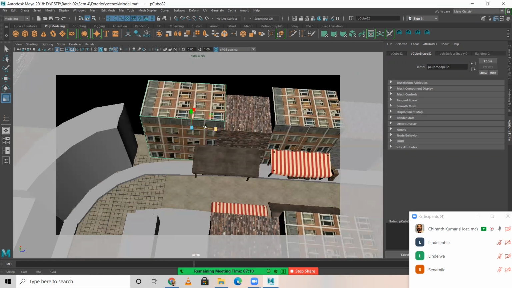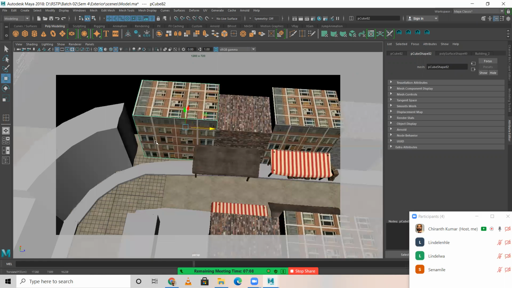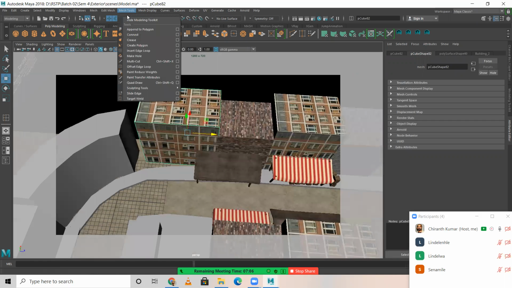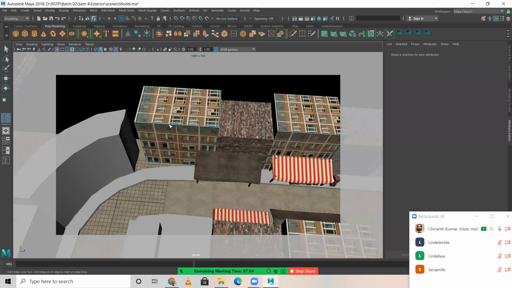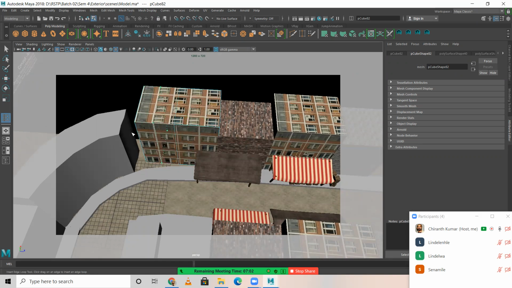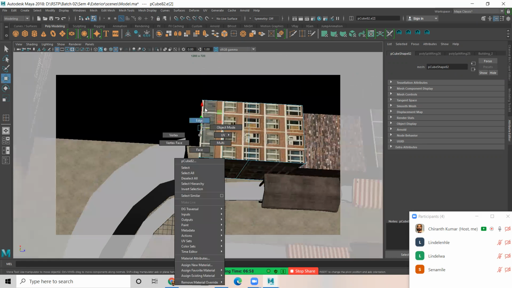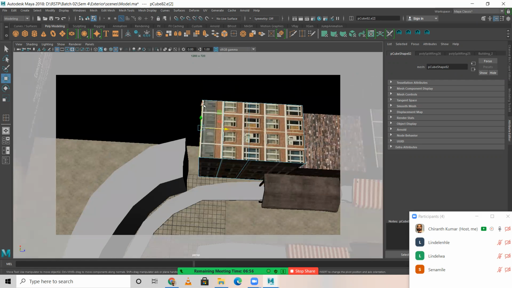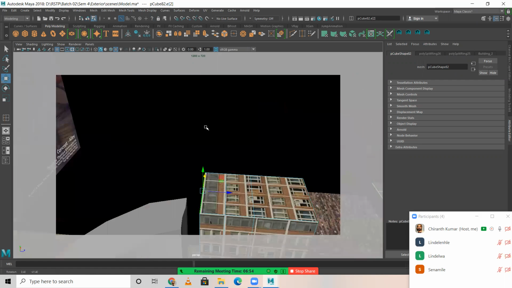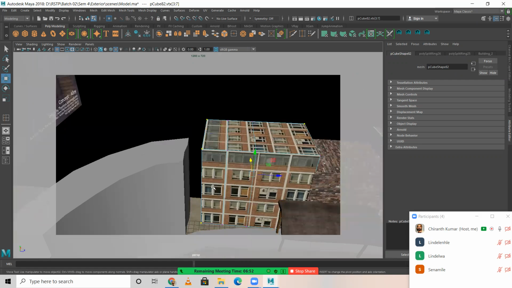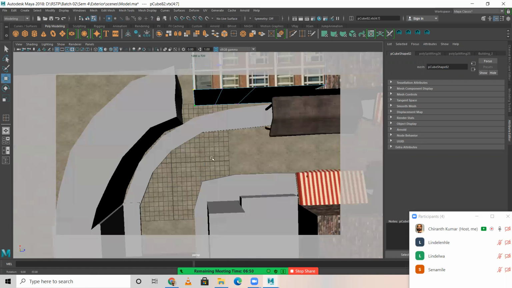Okay, do match here. I'm just placing this here. I will add an edge loop somewhere here one and here one, so that double click on this. I'll be okay. I'll select this vertex, all vertex.